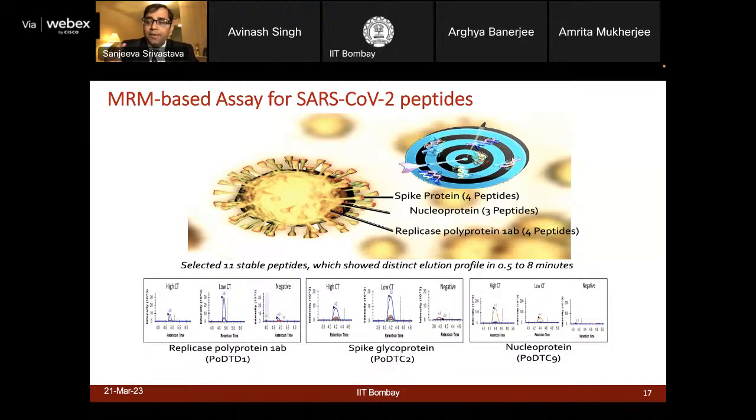We can now selectively look at peptides of our interest. But in the process, you need to again inject some known peptides for the quality control check as a spike in the internal standard. And sometimes if you want to develop the quantitative assay, you need a heavy label peptide for developing the quantitative assay. So these are various developments which are happening in the field, which can be taken forward. But I hope you got a complete workflow of starting from samples to developing an assay using mass spectrometry based